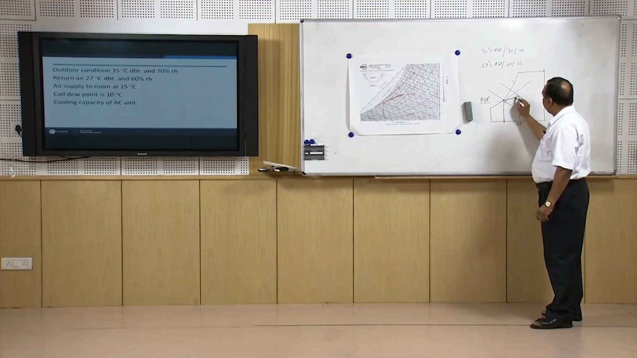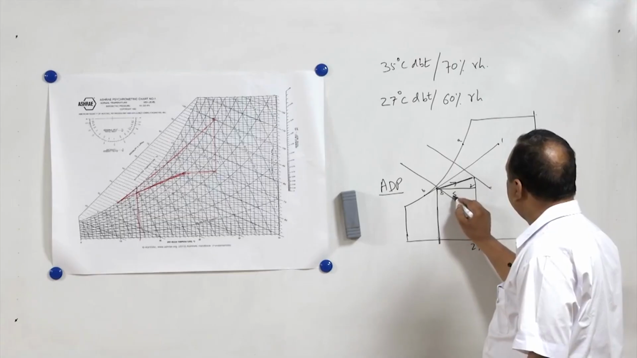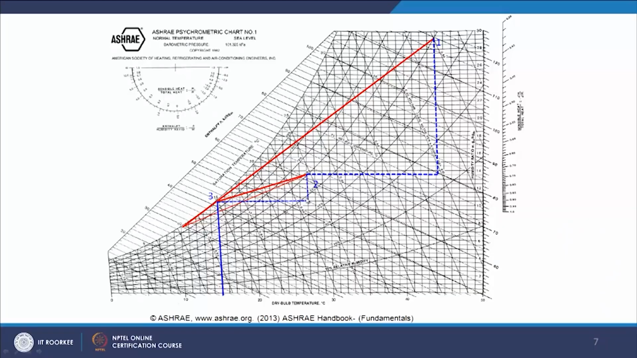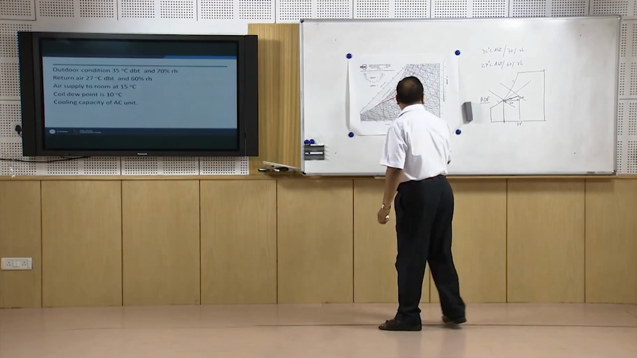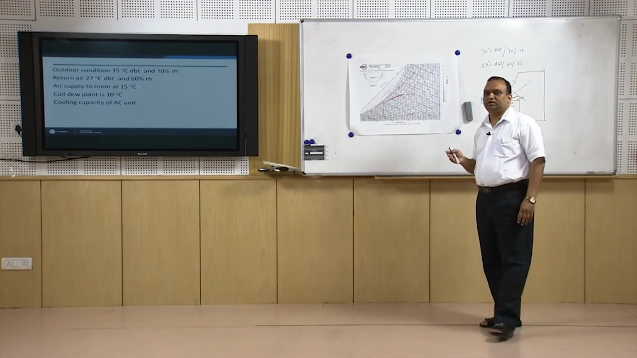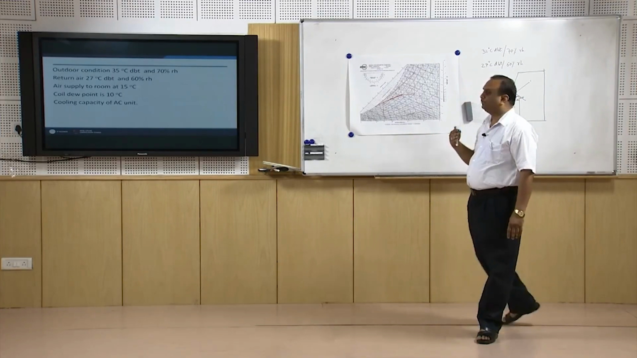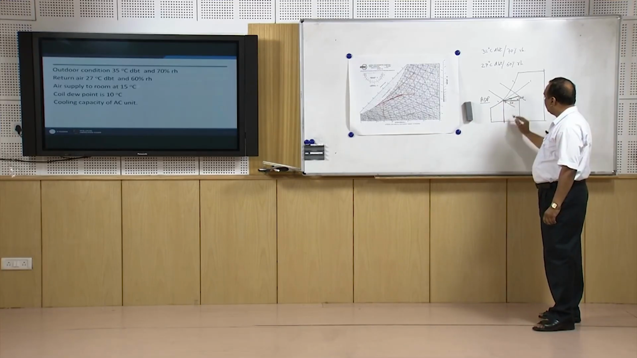Now, this process, this 3 to 2, has two components. This is sensible heat and this is latent heat. So, in a room there are two types of heat addition, sensible heat addition and latent heat addition. For example, the heat added by the lights, heat added by the occupants, heat coming through the wall, these are all components of sensible heat addition,